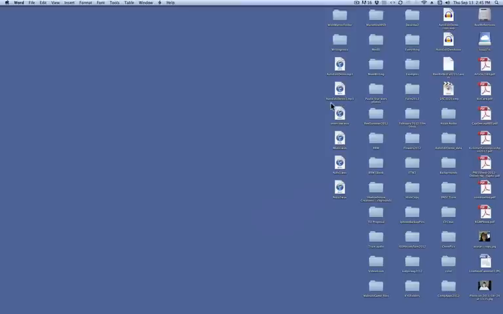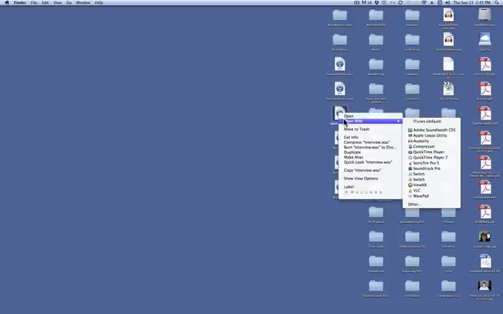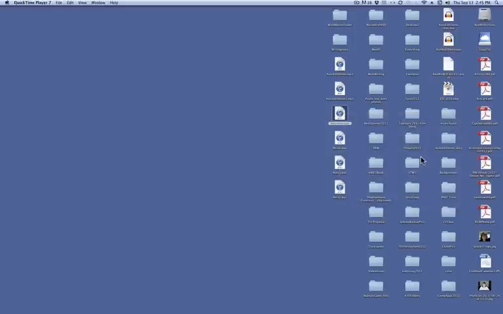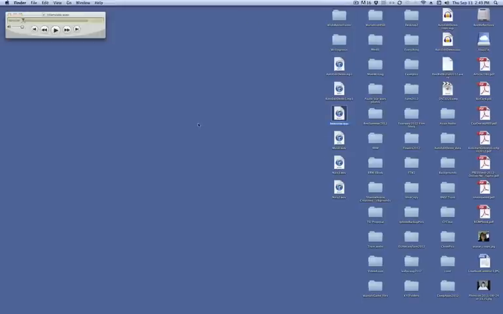that I just dragged, and you can see they're right here on the desktop. And the first thing I'm going to do is click on the clip, right click on it, and I'm going to open with, and I choose not to use iTunes, too much going on there, so you should have QuickTime Player, a version of it on your computer, and it's going to open your audio file in a little window like that. So I've got the interview open, and you can see that it's a WAV file,